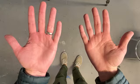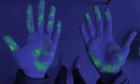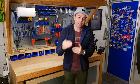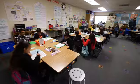I've always thought if we could somehow just see the germs around us, everyone would be a lot more careful and we'd get sick way less. Unfortunately, that's still not possible, so I did the next best thing by running a day-long experiment in this 3rd